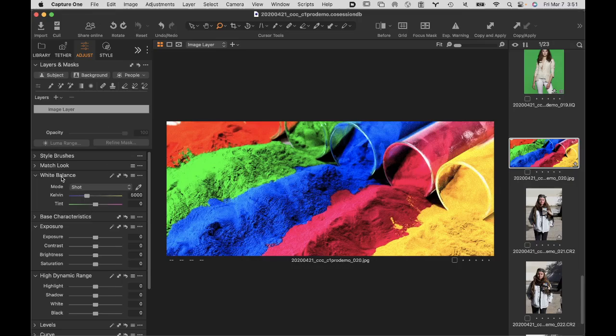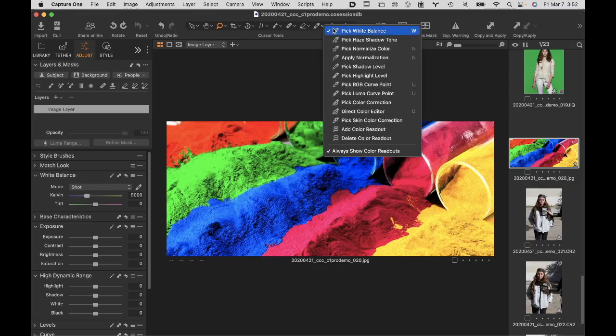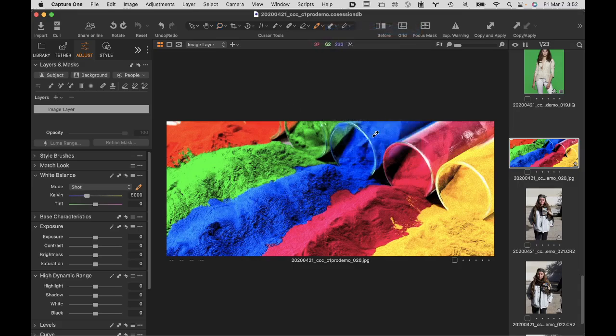Okay. So if we take a look down through this adjustment part right here, we'll get back to layers in just a second. But if I go down here, we're not going to deal with styled brushes or match look right now. We are going to open up white balance. This is where you can set white balance again. But unlike the drop-down tool right here, where all it does is allow you to pick it,